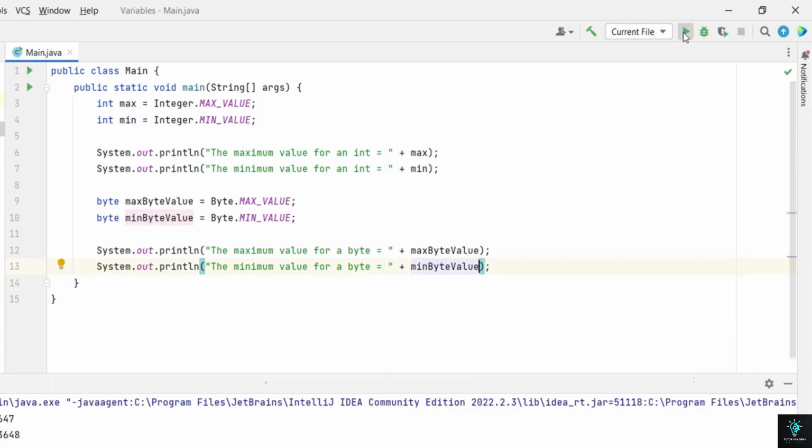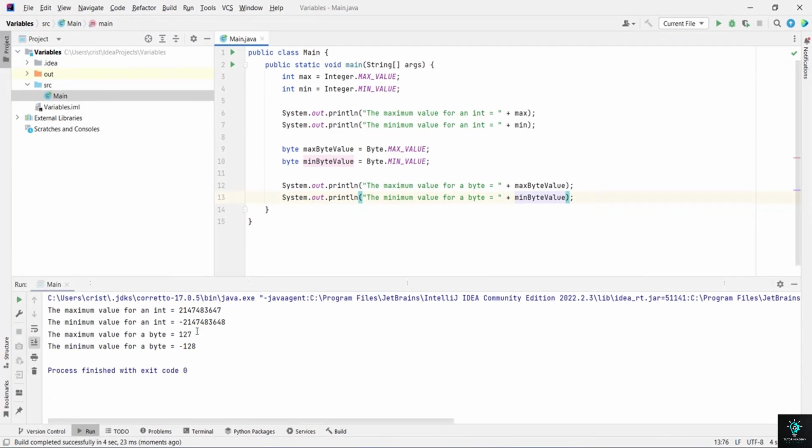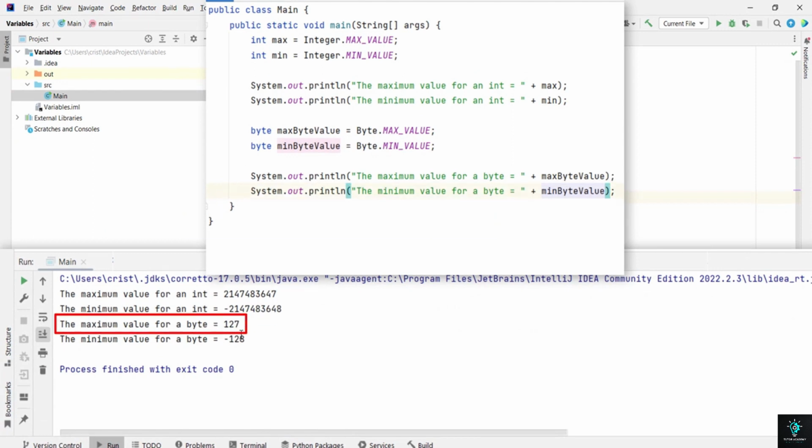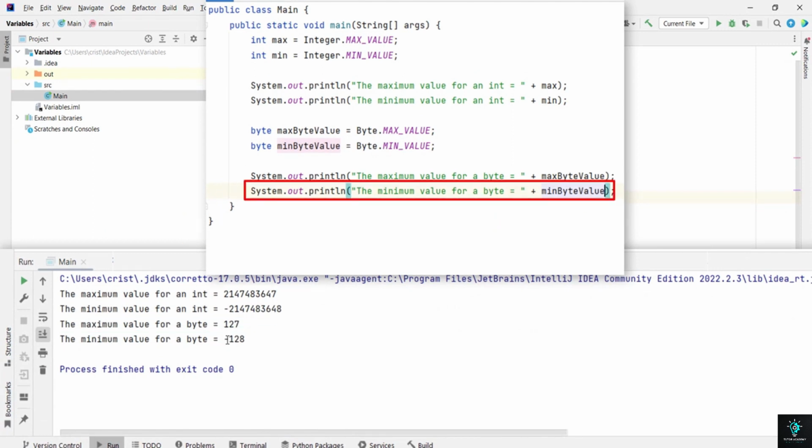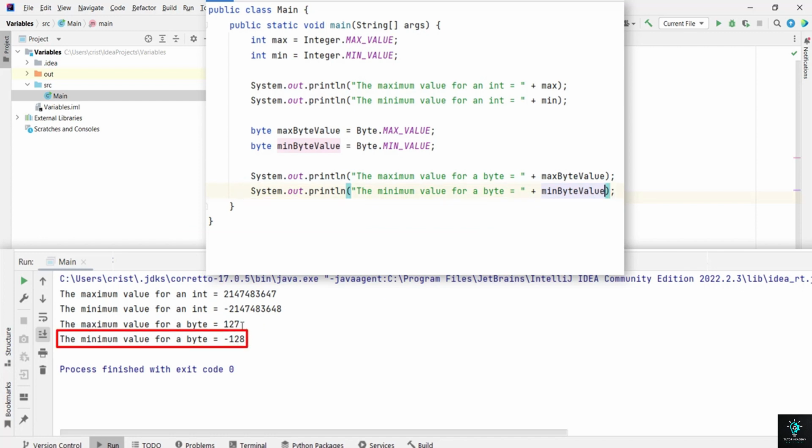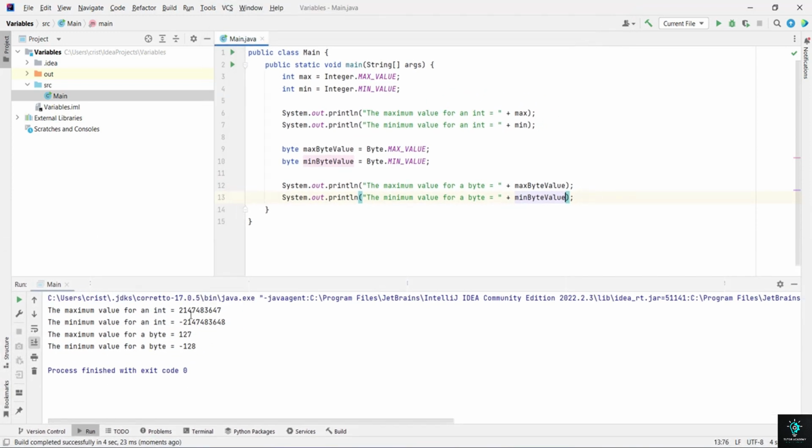Now if you run this, we get the maximum byte value is 127, and the minimum byte value is minus 128. Those min and max for byte are considerably smaller than the int. So the int data type is much bigger than the byte. And there is another data type which is bigger than the integer data type, and we're going to look at that now. So let's look at the next data type which is bigger than an integer, and that is called a